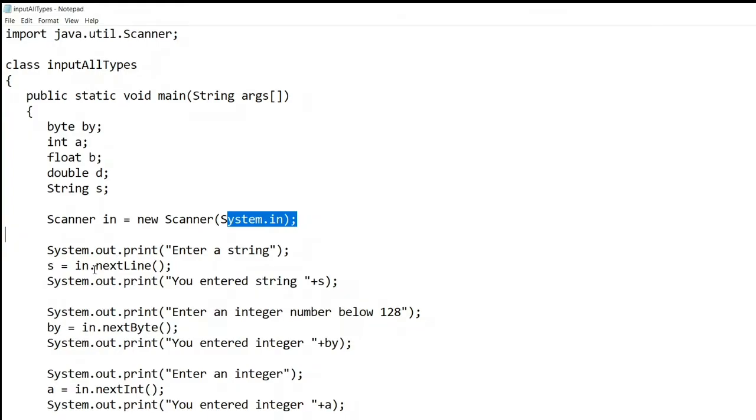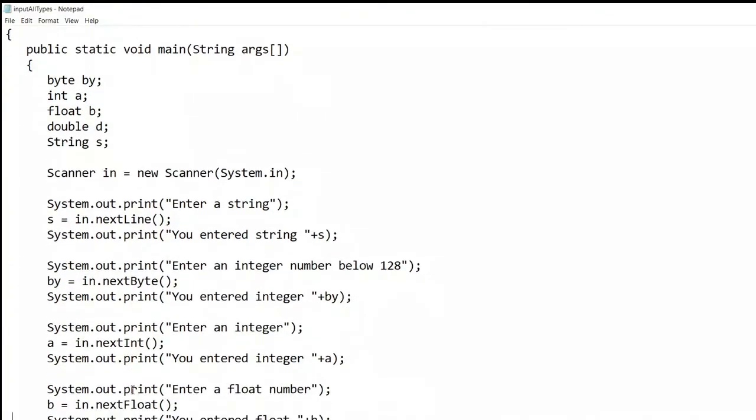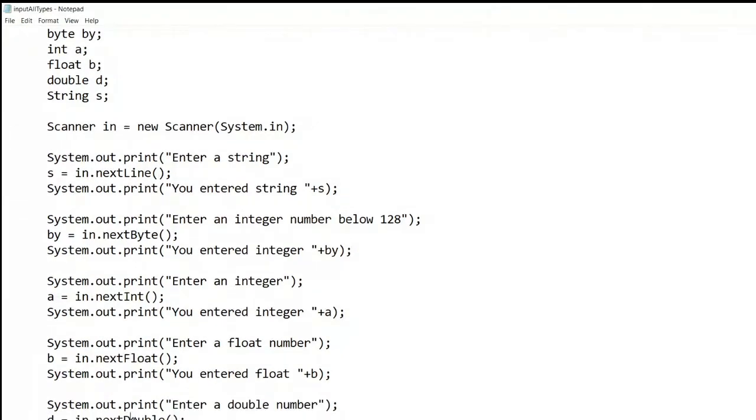In that, if you want to read a line, nextLine. If you want to read an integer, nextInt. And if you see, L is capital, here B is capital, here I is also capital. For nextFloat, F will be capital, and D is also capital. So these are the predefined methods to read the data types.